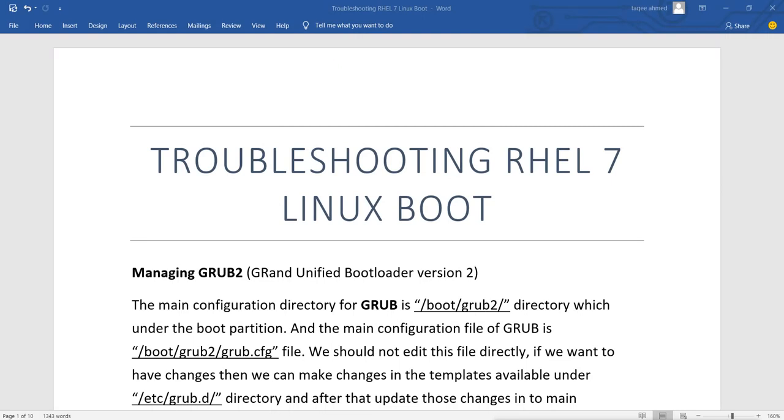So these are the options we have for troubleshooting Linux RHEL 7 boot problems. Whether your system has a configuration problem, you forgot the passwords for root or GRUB, or your system is completely unbootable, you can take a backup by using the rescue environment.